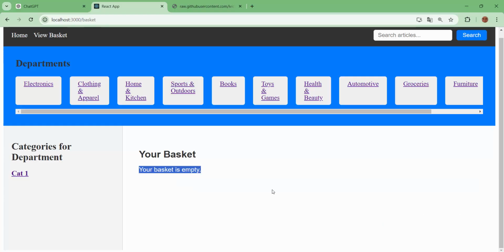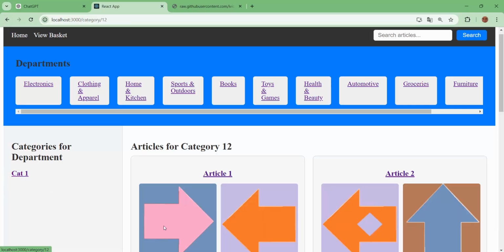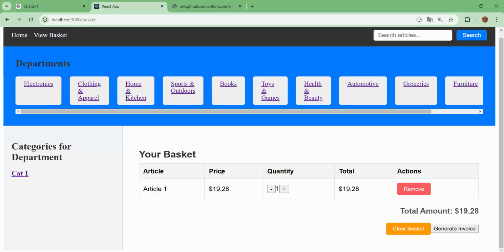This is the plus button. I click minus, but there was only one, and it is removed. Plus, minus, it is on increase, on decrease, clear, and generate invoice. We have one, two button, three button is remove, clear basket four, and generate invoice five button. We must have five